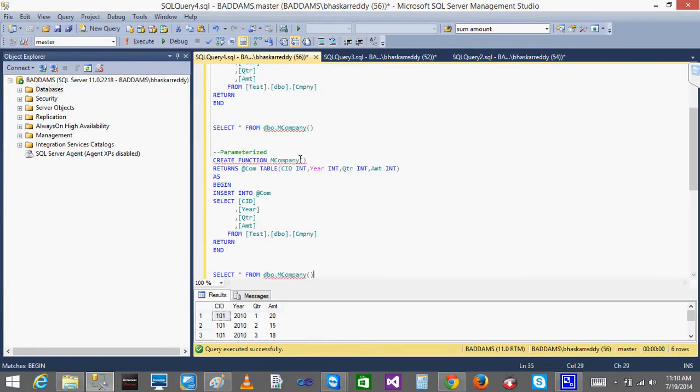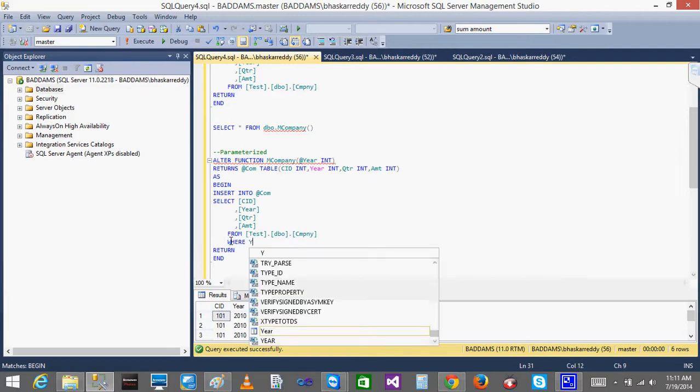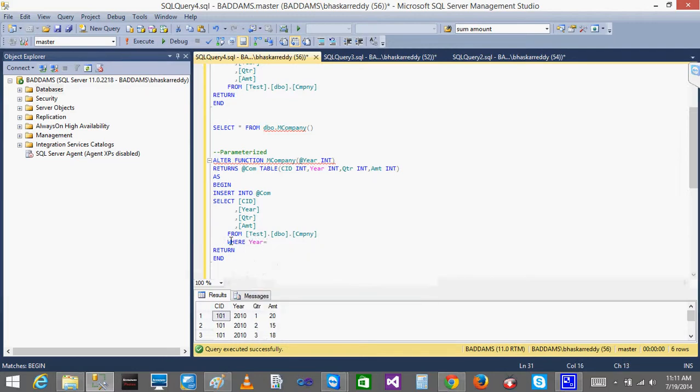So for parameterized, what will I give? The same thing I will pass here, and it is of integer type. After this, company where. The function is already created, right? The same name function, so I will just write alter. I am altering the existing function. Here I will give where year equal to @year.